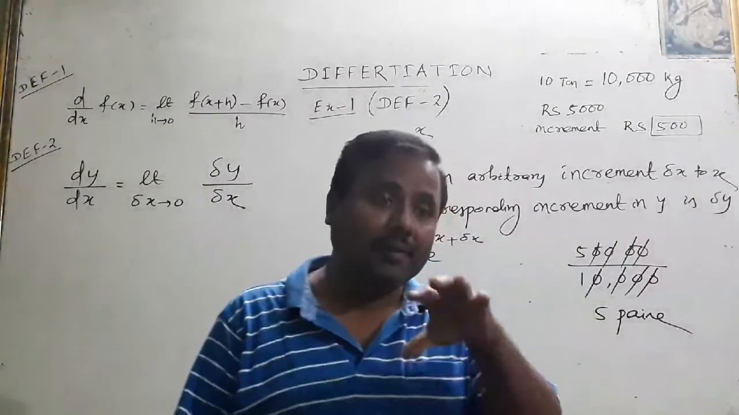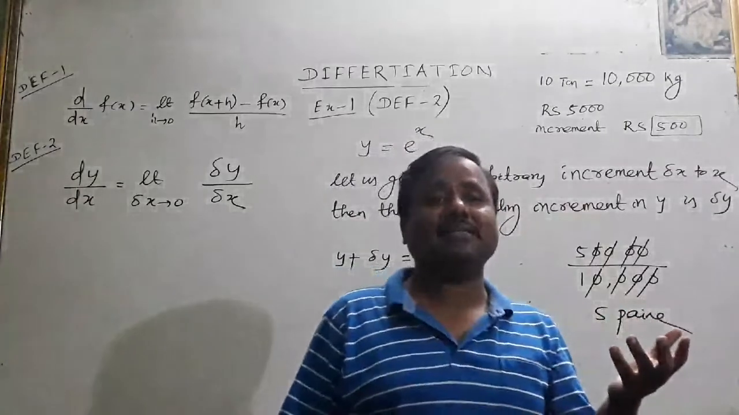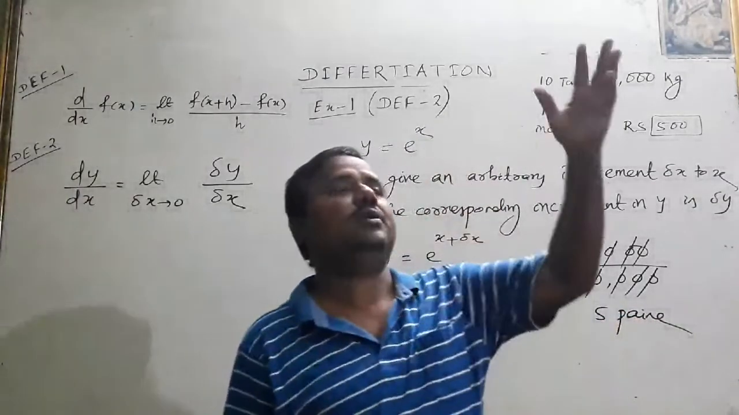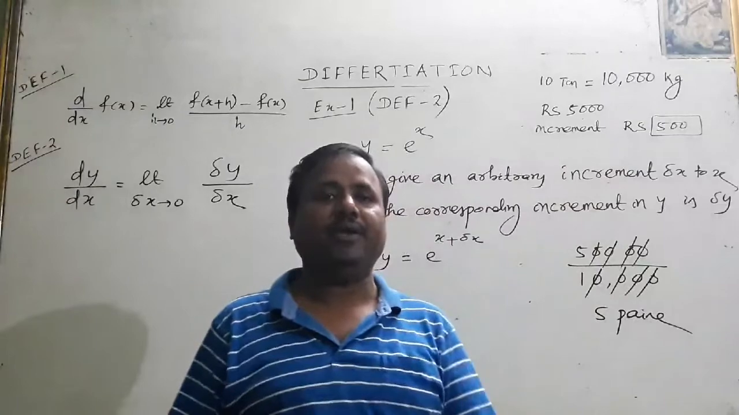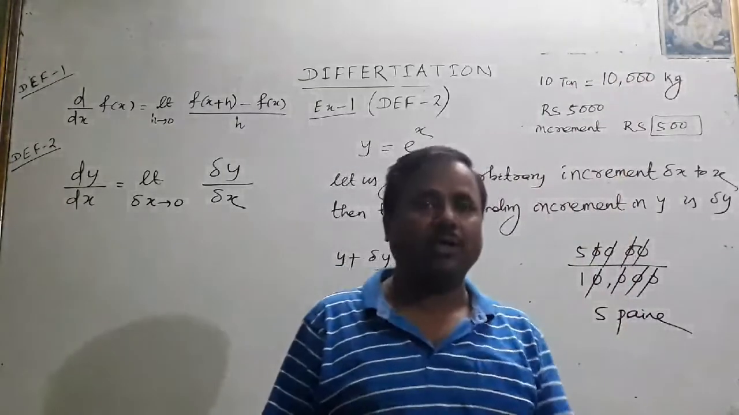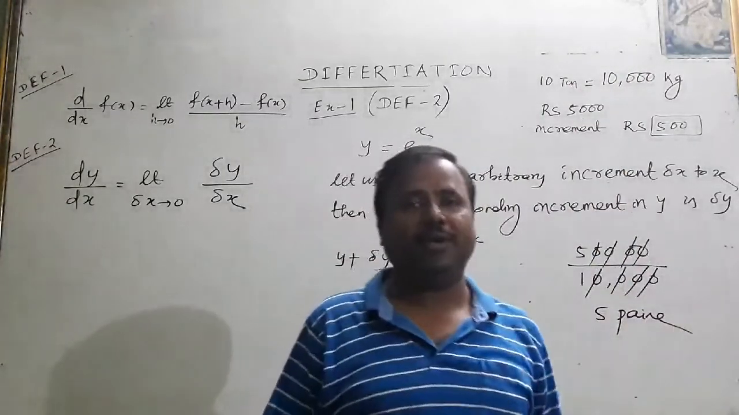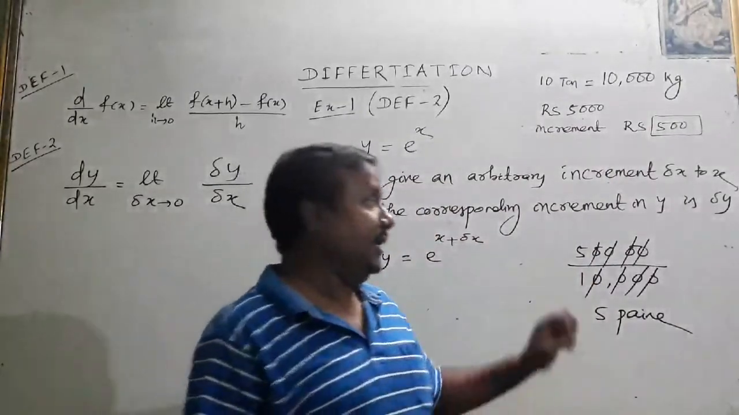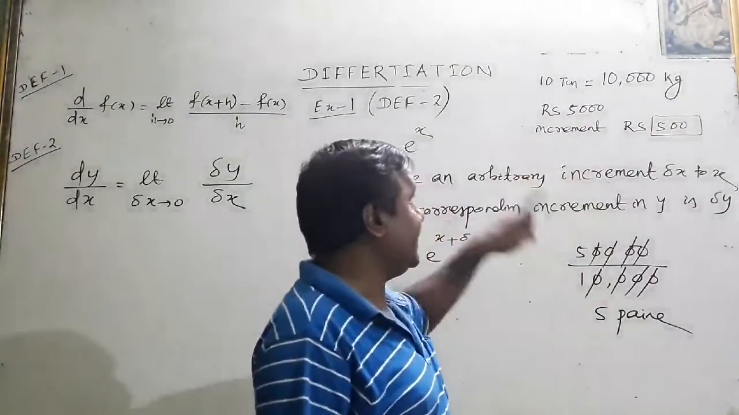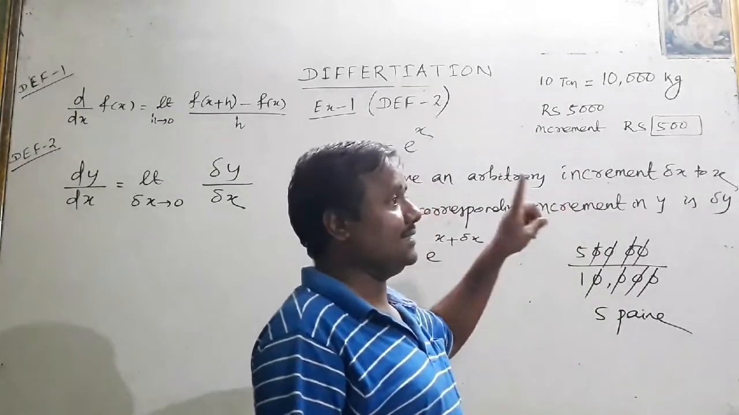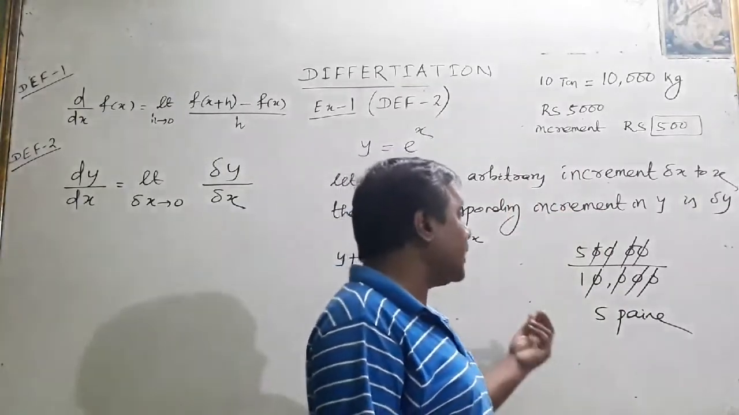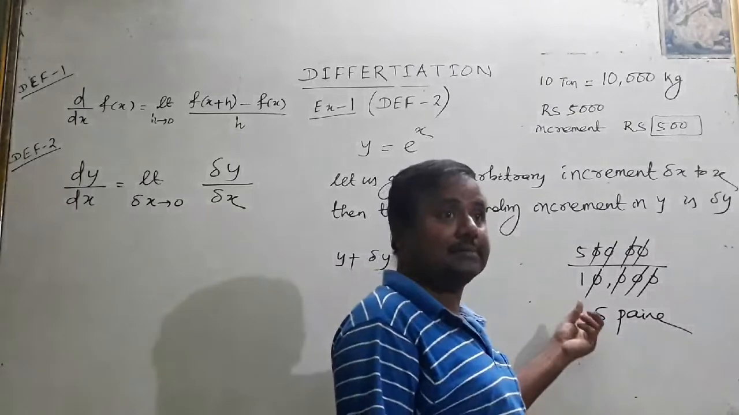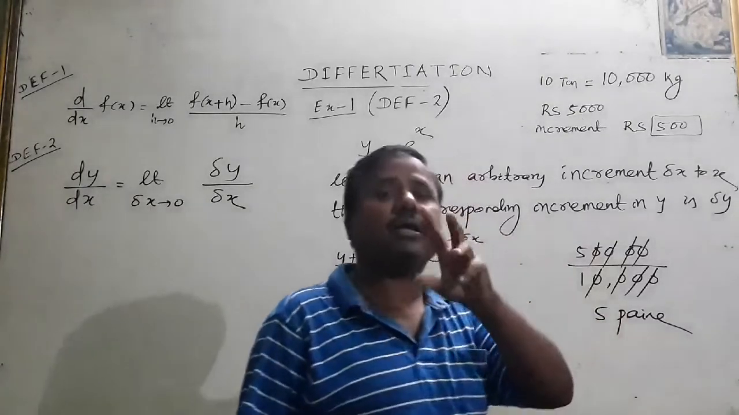If diesel increases 1 rupee, then potato will increase 1 rupee, tomato will increase 1 rupee, salt rate will increase 1 rupee, rice rate will increase 1 rupee. That is not the case. If the diesel rate increases 1 rupee, then the potato rate will increase 5 paisa per kg,